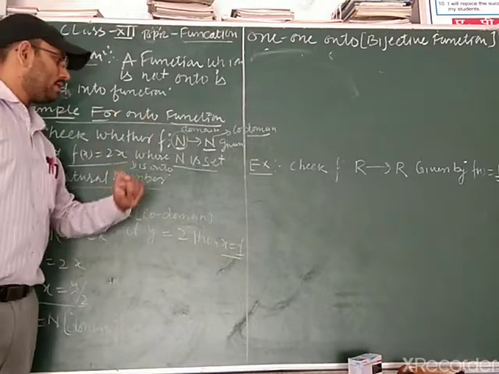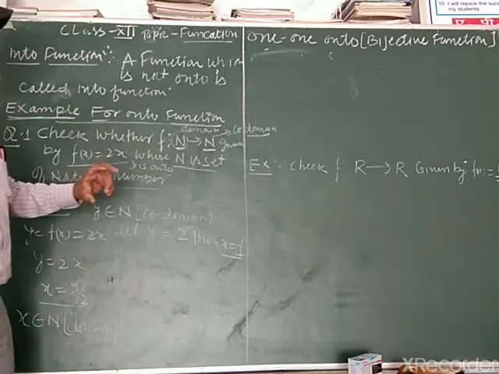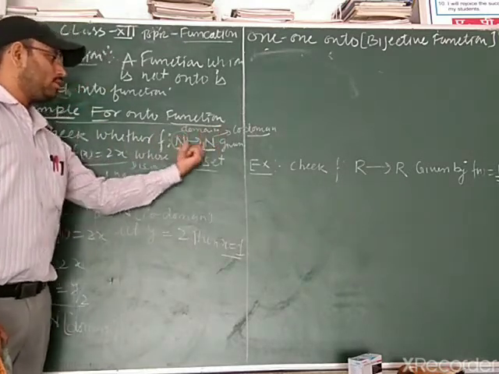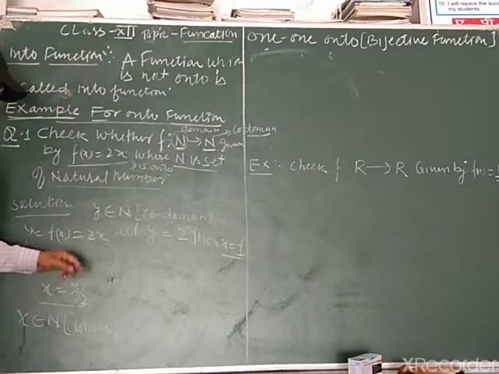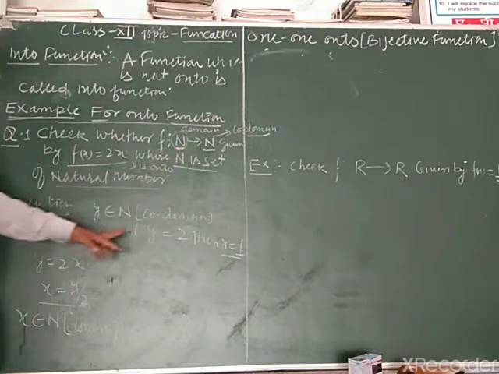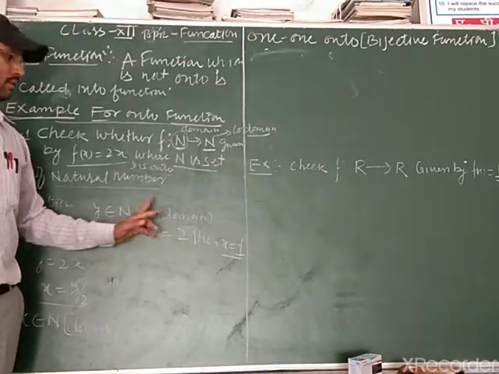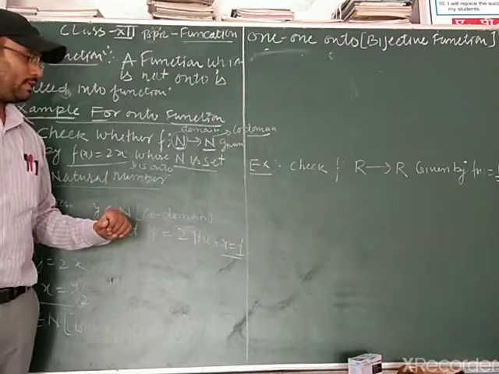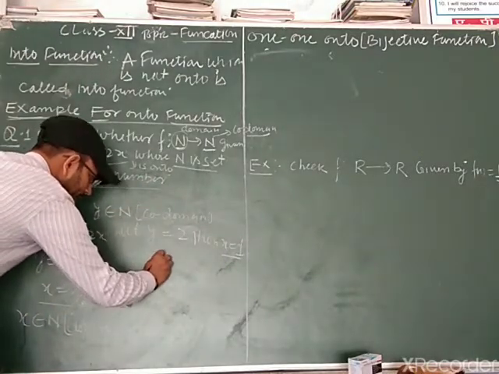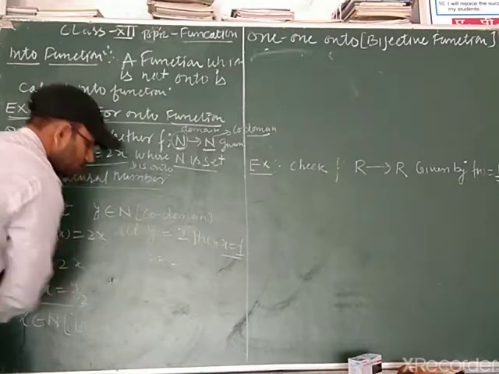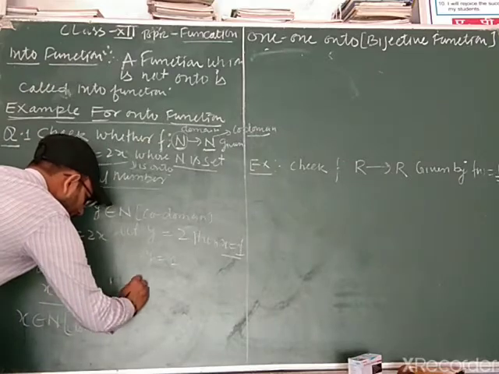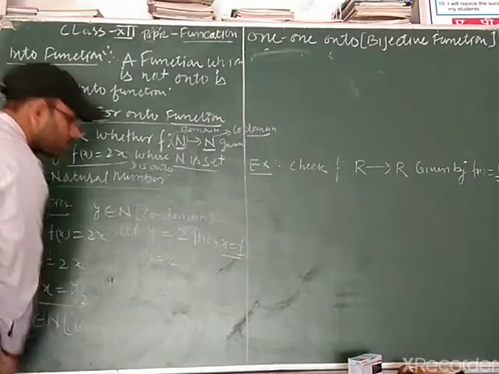This means we are taking one example to check that every element of set B has a pre-image in A. What have we selected? The restriction is that we have to select only natural numbers. So we select one natural number, 2, then we get x = 1, another natural number. Clear? Okay, check for another. Let me select y = 1. So what happened? We get x = 1/2.